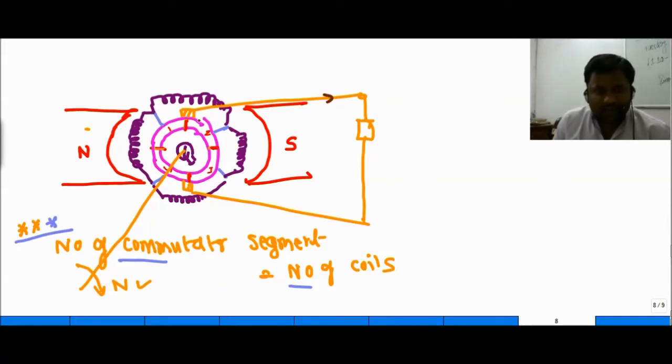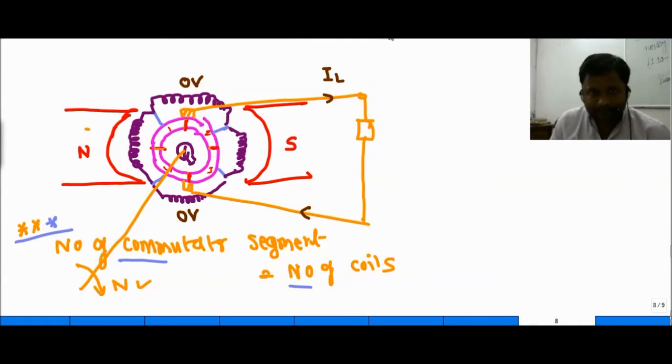This current will come towards the commutator segment, and with the help of the brushes we are getting the load current. This is the basic operation that we have understood. But the thing is that at this point there will be zero induced EMF. At this point there will be zero induced EMF, and let us suppose at this point we are getting the plus,